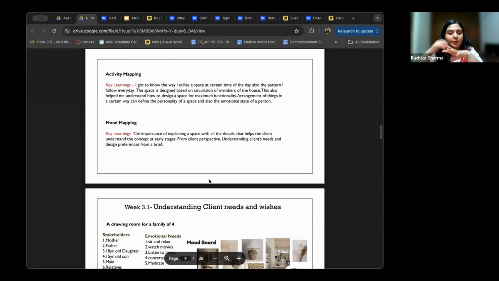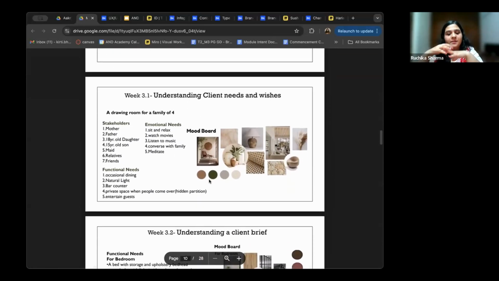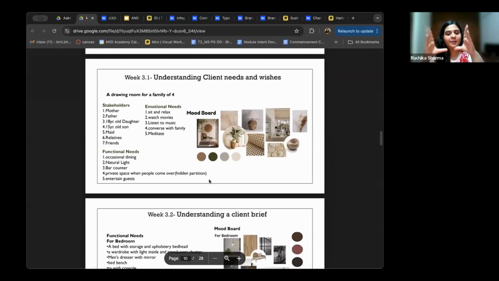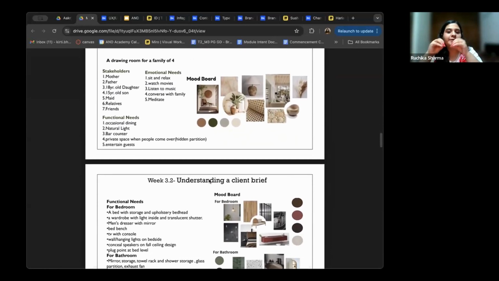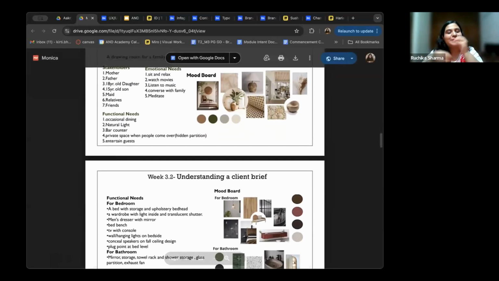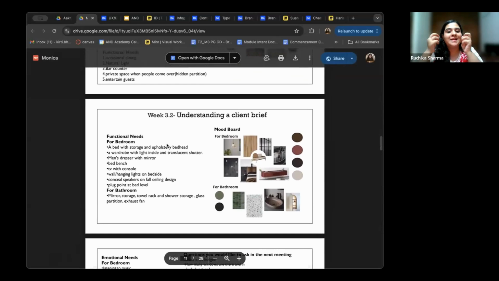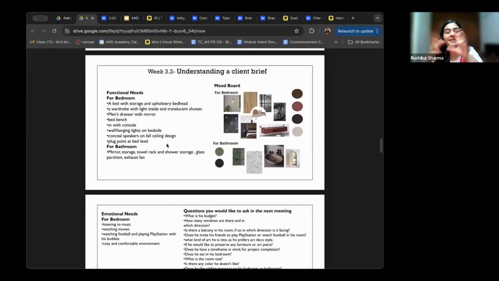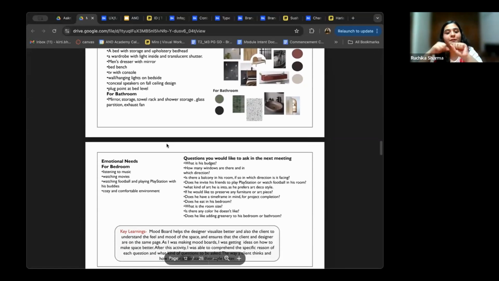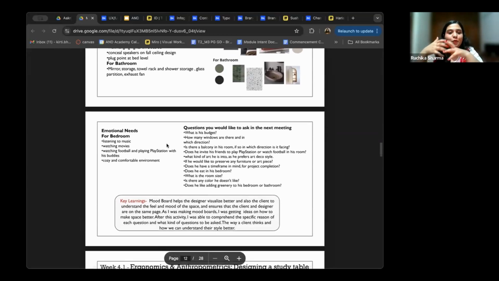Can we keep going lower, please? Yes. Once they've understood what a space is and what a mood is, they try to put together mood boards wherein they try to bring in elements from the design that they might have chosen, or elements depending upon the mood that they want to craft for a particular space, which will differ for a cafe, it will differ for a residence. Let's keep going.